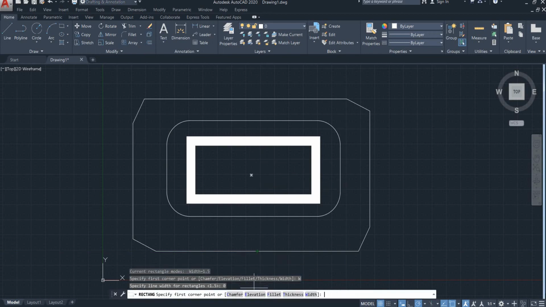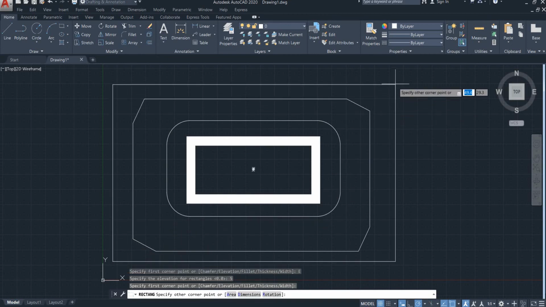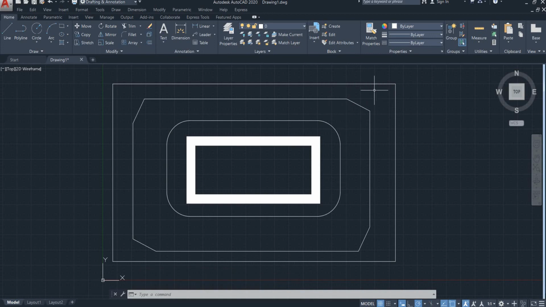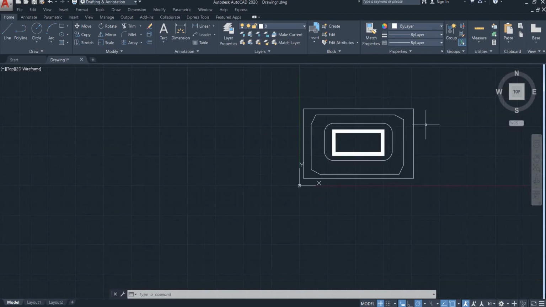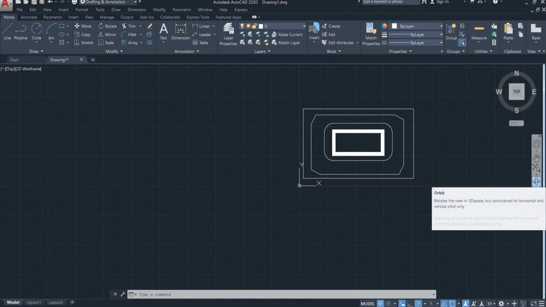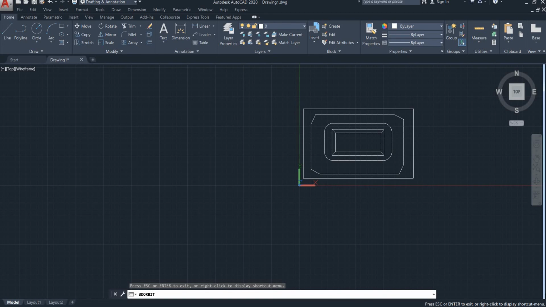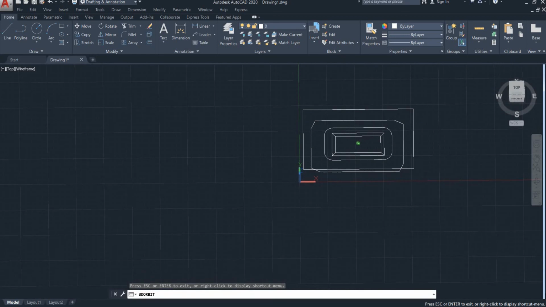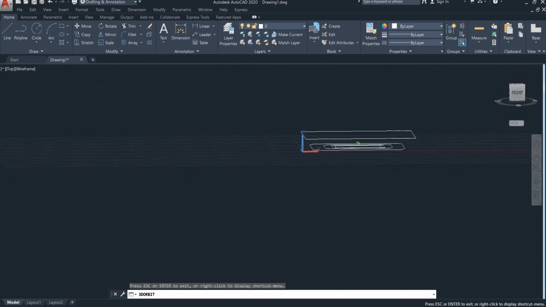Let's try this elevation option now. AutoCAD is asking you to specify the elevation of the rectangle. So I'm going to specify elevation as 5. Press enter. Again, it's asking you to specify the first corner point, and I'm going to specify the second corner point here. Apparently it looks like nothing happened, but let me zoom out and select this option of orbit in the navigation bar. You can see that the cursor has changed to the orbit icon. Click on the screen and let's see this drawing in the 3-dimensional view.